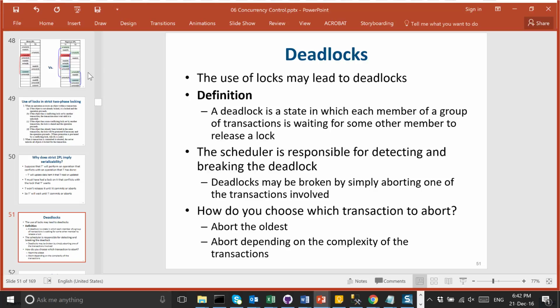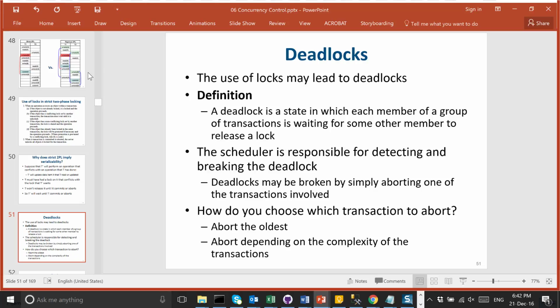For example, here T1 has the intention to update A. In the beginning, ask for an exclusive lock from the start and hold on to it until the end. Then there will be no deadlocks, because anybody coming after you will have to wait. You block them, so there's no problem. You will not need to wait for them because they are waiting for you from the start. But of course, the concurrency will be reduced. So most databases choose the detection mechanism rather than the prevention mechanism to improve concurrency.